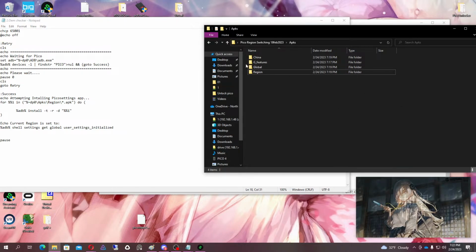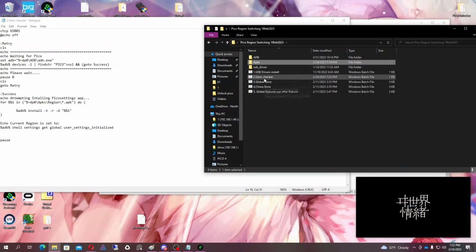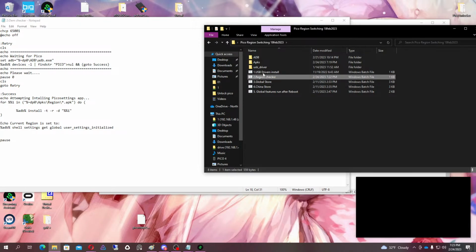Okay, cool. So what we need to do now is this needs to be region checker. So to check the region and install these apps, so we can go in